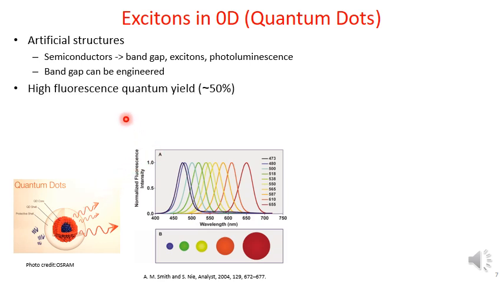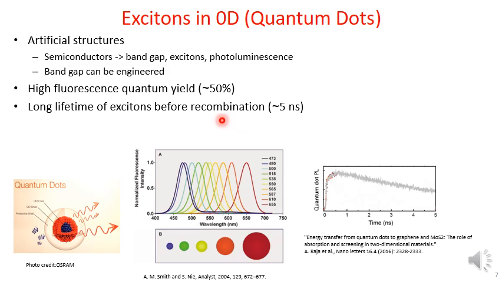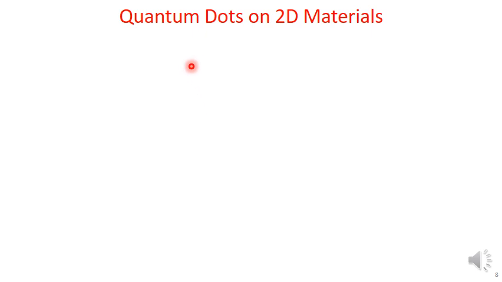They can also possess high quantum yield, which can reach up to 100%. The excitons also exhibit long lifetime before they recombine. Now, what happens if we bring the two dimensions together, if we place quantum dots on two-dimensional